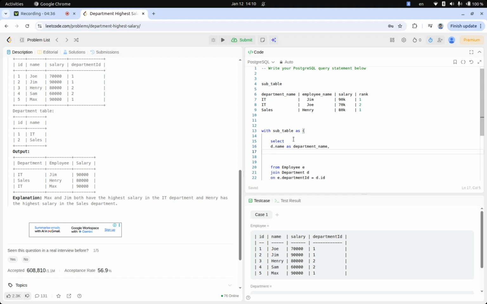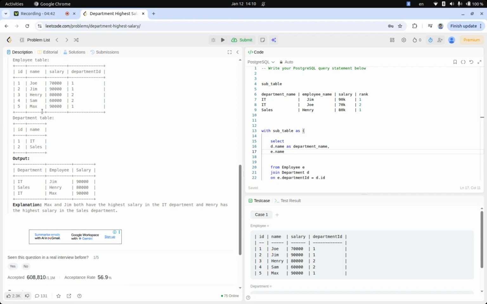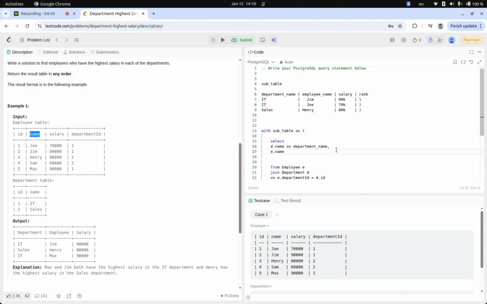and we need the employee name. So I'm going to say E.employee name, or E.name, that's the column name in the employee table here. So we're going to say E.name as employee name, and we need salary. So I'm going to say E.salary as, let's just call it salary,